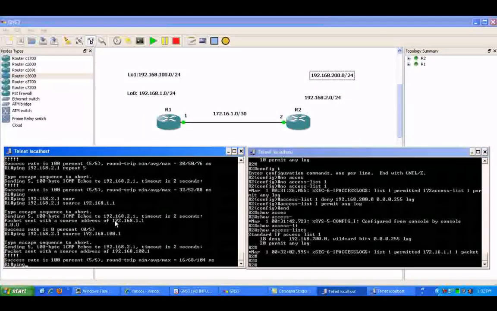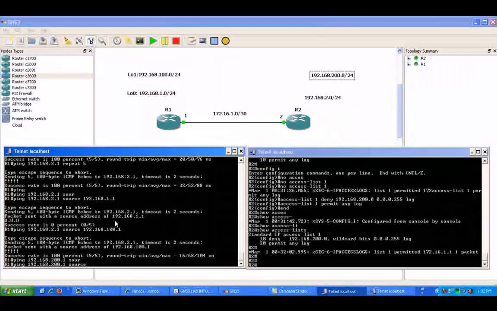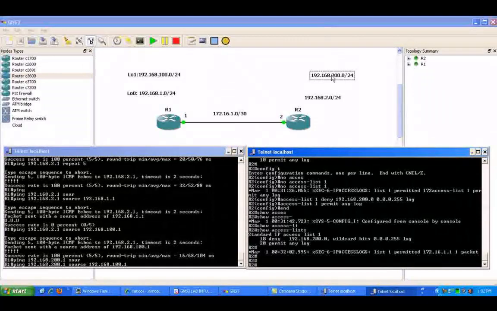If I ping 192.168.200.1 and I source it from my loopback interface 192.168.100.1, based on the logic that the standard ACL on R2 blocks just on source network, this traffic should be able to go through,